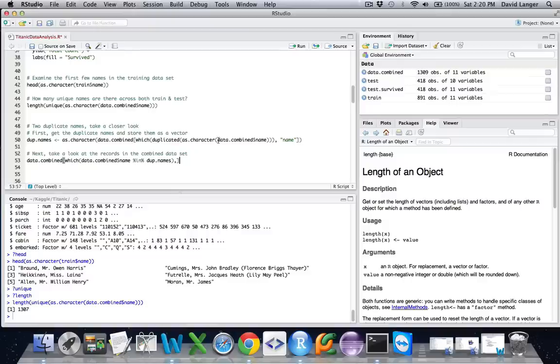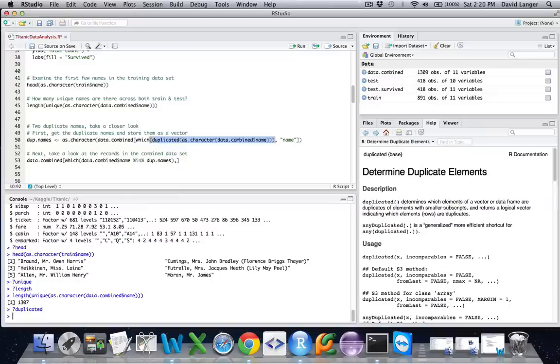So how we do that in code is we say, okay, go ahead and grab the combined names, the names from the combined data set, convert those to a character string, and then invoke the duplicated function on that. And let's take a look at duplicated in the help system. Okay, so determine duplicated elements. Okay, great.